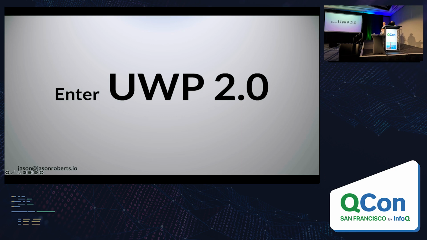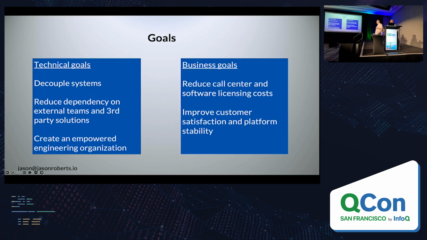And that's where our story starts. So it was obvious that things had to change. There were a lot of points of failure and points where the customers could experience a degraded experience. So looking at just the broad goals here, we're focusing on the technical goals on the left. Again, I said this is a story of decoupling, and that's really the name of the game. That also ties into the fact that we had lots of dependencies.